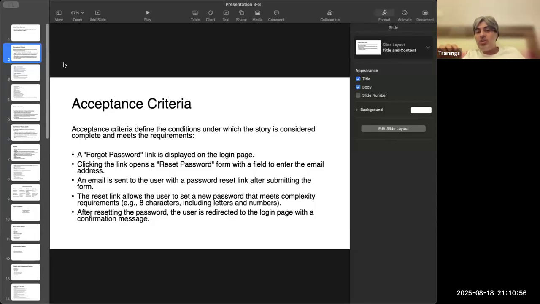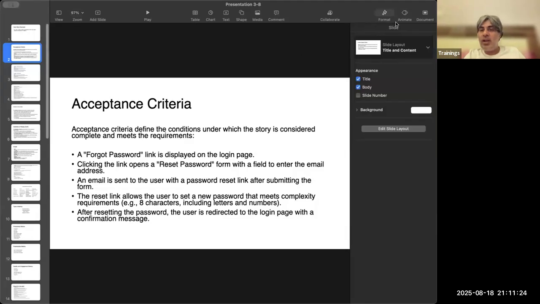Now, every user story needs to have an acceptance criteria. What the hell is acceptance criteria? That is your first problem. So acceptance criteria is the agreement between product owner, developers, and QA as to what they are going to build and what they are going to test. That is the practical explanation of an acceptance criteria.